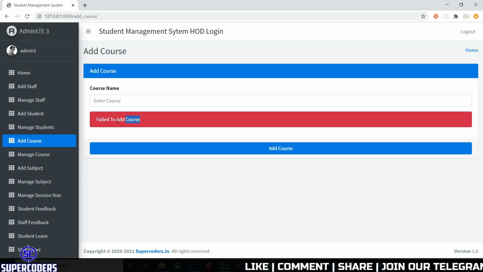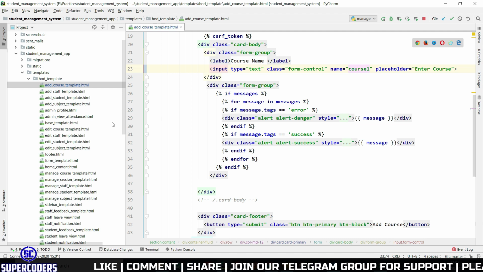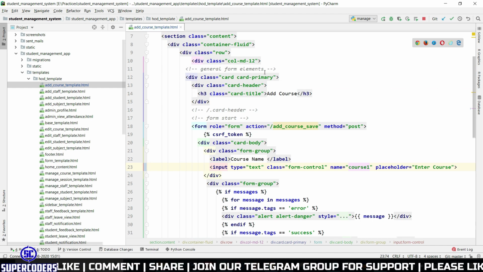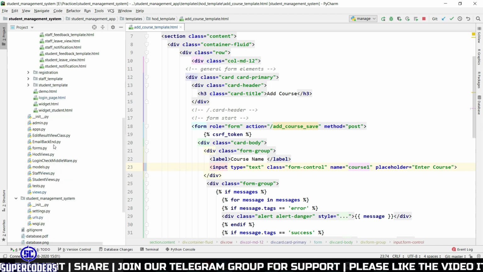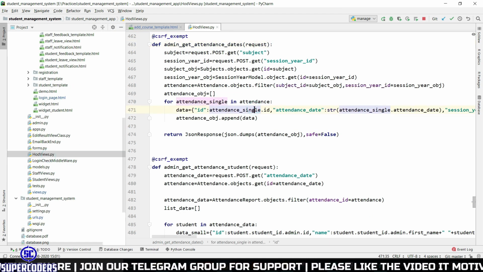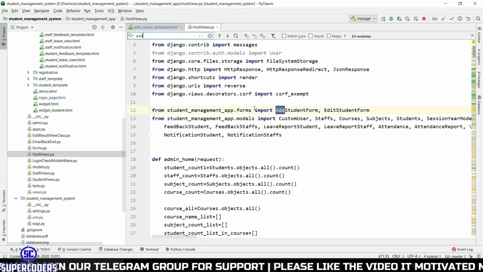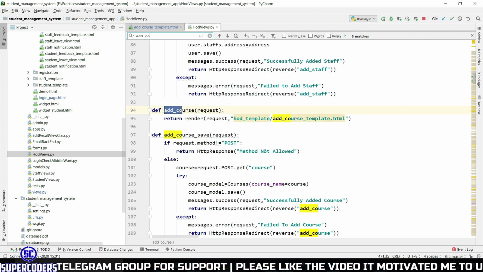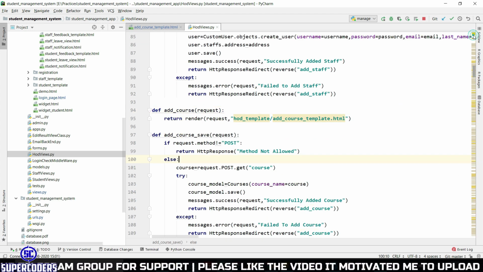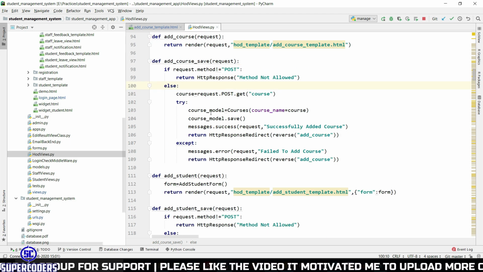So how can we find this error, failed to add course? This error comes in the except block. So what we actually do now, just do one thing: come to add course save, find add course save, and here you can see this is the condition.